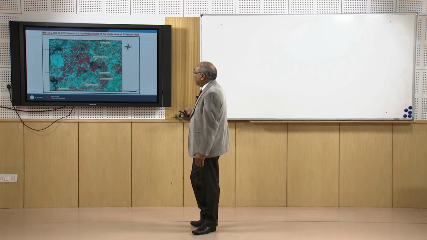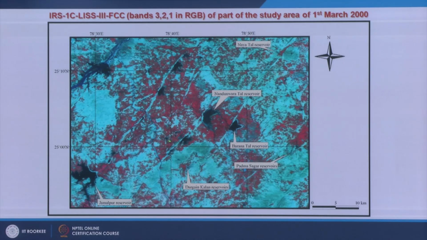And what you are observing here is that these quartz reefs are serving as groundwater recharge structures, and this is again a false color composite. So, what you are seeing is a reservoir, because this quartz reef is working as a dam, a natural dam axis. A stream was blocked. So, this is the upstream area, this is the downstream area, and you are seeing groundwater recharge and therefore